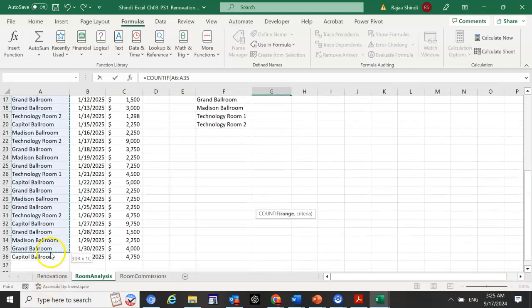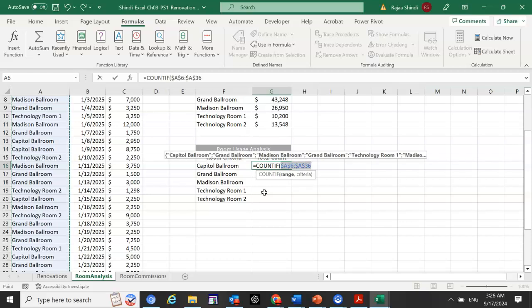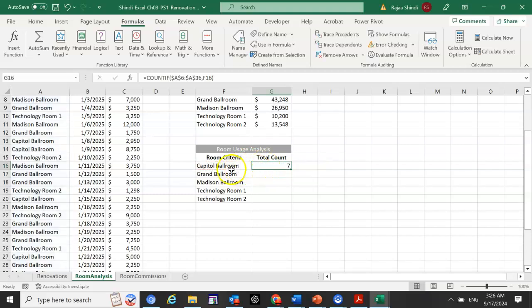It's going to count. And I will also lock the range and add the criteria and give me how many different types of rooms in total quickly. Okay, it's really a quick way to automate things